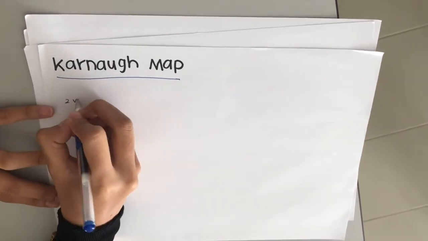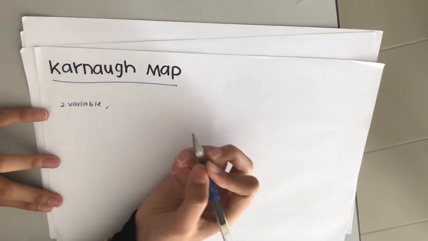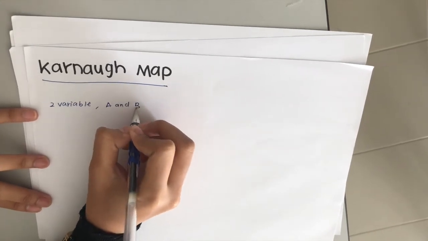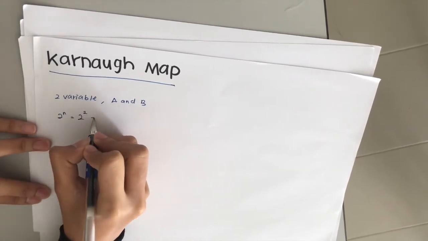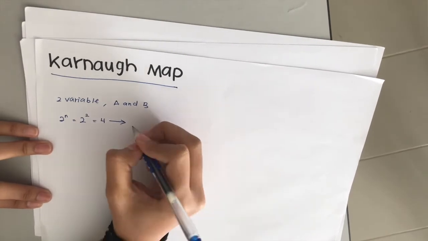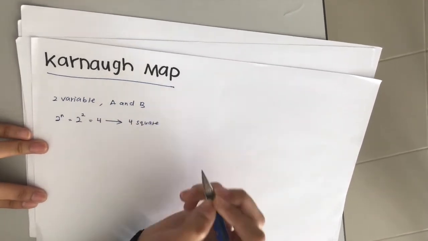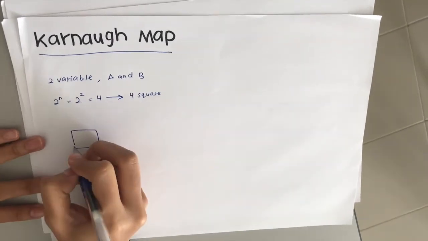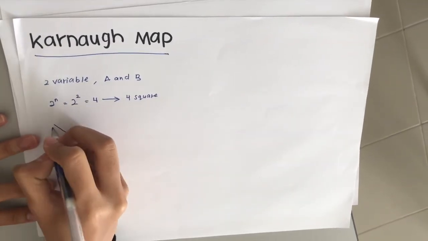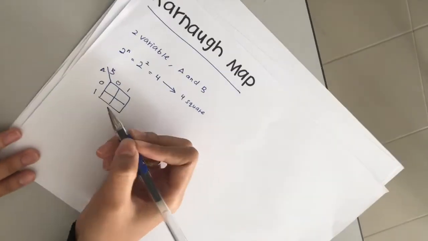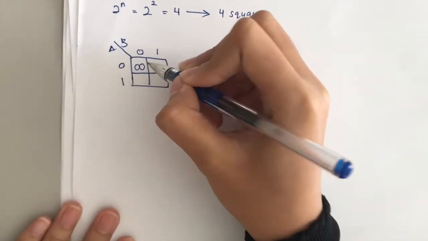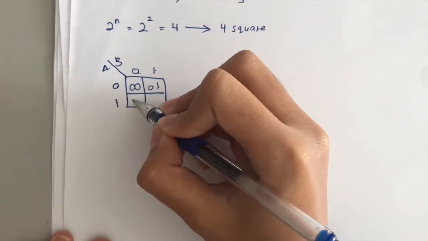A Karnaugh map is a convenient way of representing a Boolean function of a small number, up to 4 variables. For the first example, 2 variables, which is we have 2 alphabets, A and B. N is 2 variables, so we make it 2 power of 2 equal to 4. This 4 means we have 4 squares in a Karnaugh map. So we make a table with 4 squares and A, B. We put the 0 and 1, 0, 1. So we see 0, 0 here, 0, 1 here, 1, 0 here, and